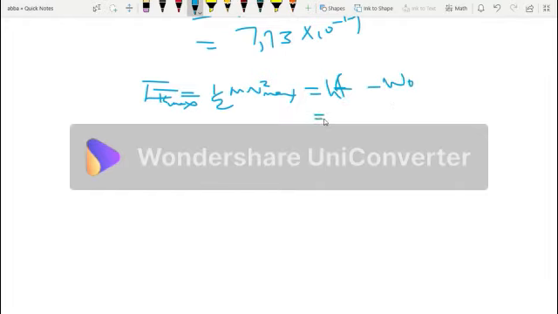So our hf in this case is going to be 6.63 multiplied by 10 to the negative 34, then multiplied by the 1.1 times 10 to the 15, the frequency that we got there. Now minus 7.73